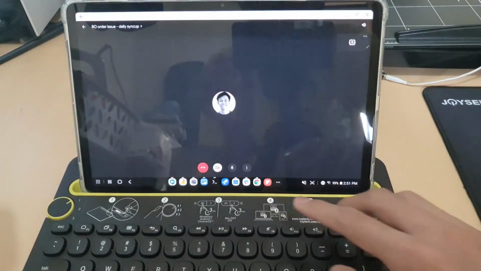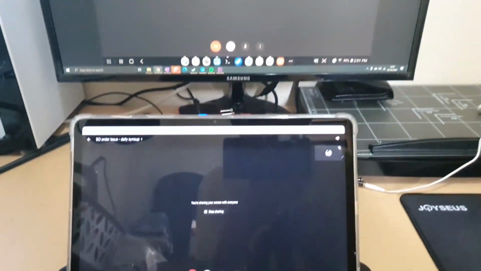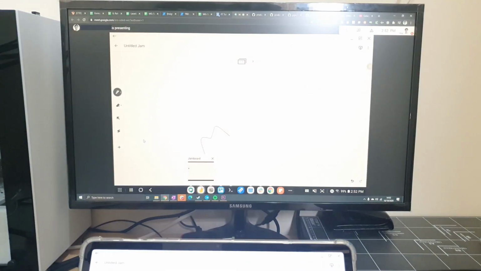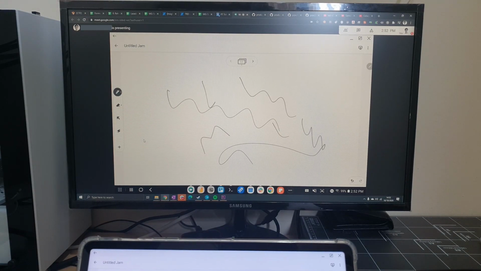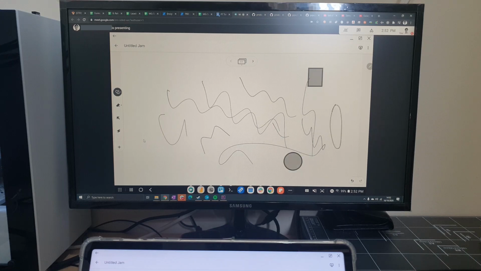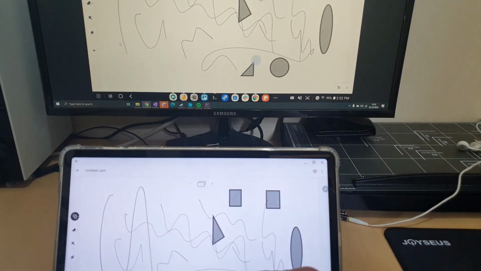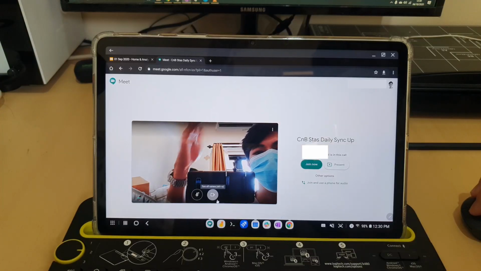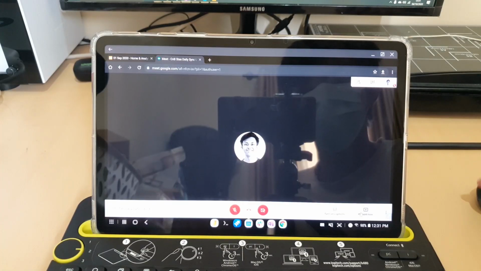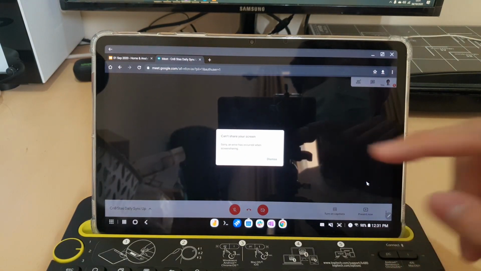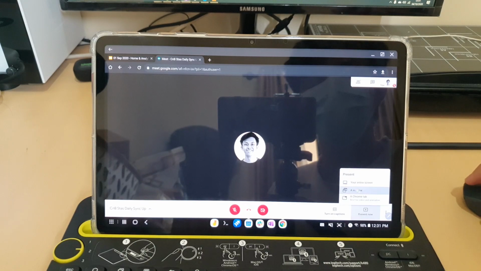I can only share the full screen instead of sharing a window. I believe this is probably a technical limitation of Android. I'm not sure how it is on iPad, but at least it still covers my need for online presentation. And if I open Google Meet on a browser, screen sharing will not work at all. So I need to use the Android app for screen sharing.